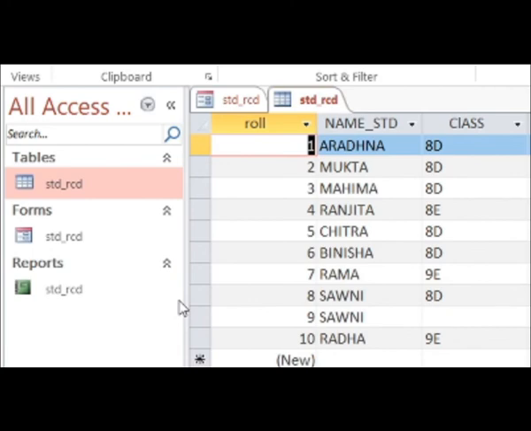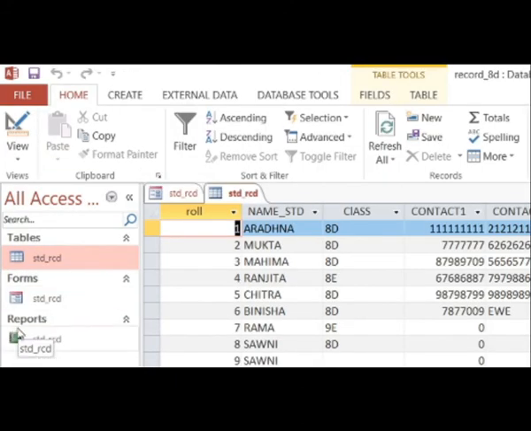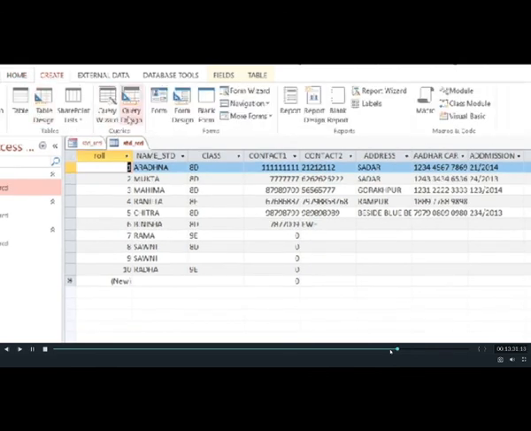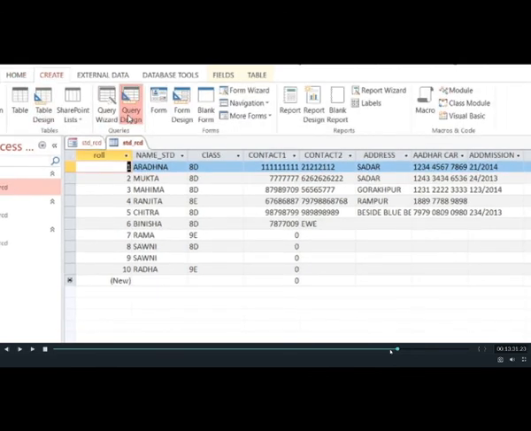And one more thing you will notice, whichever object you create, that object will quickly be visible on the left hand side. Can you see the green color diary like icon? That is the report icon. So table, form, report, 3 objects we have learned to create. Now let us learn how to create a query. Same way, click on the create tab and query design. See children, after creating the table, to create all other objects, what have we done? Simply we first clicked on the create tab and the respective group. Like for forms, we selected form wizard from the forms group.